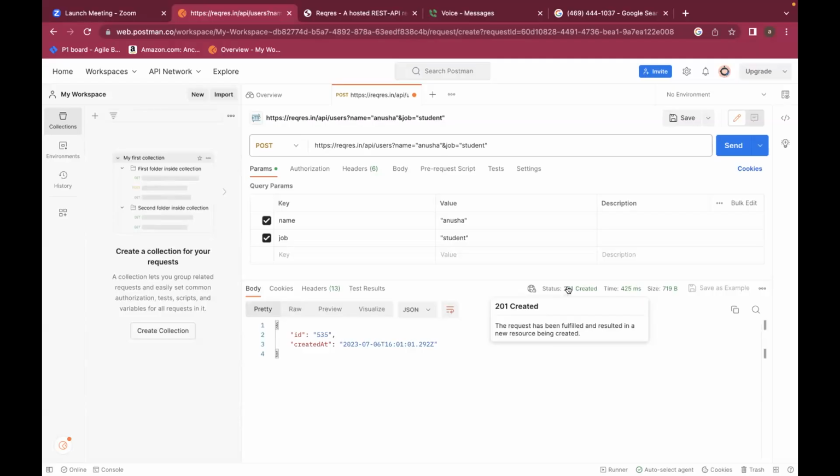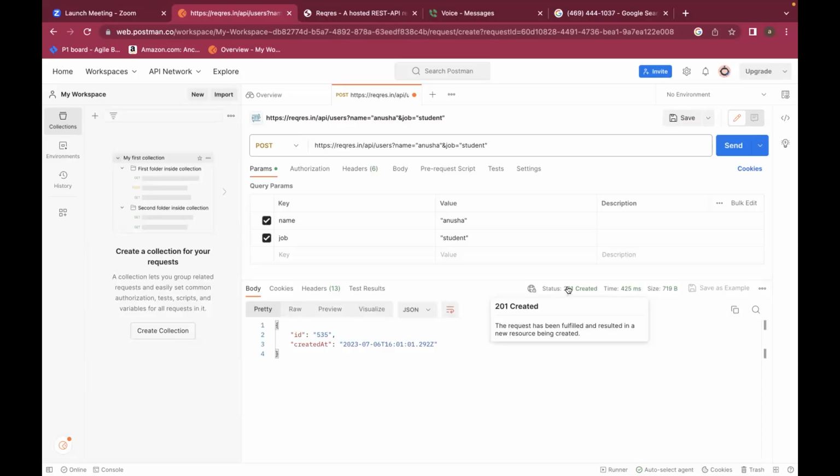If you try to insert a new set of data, you will get 201. So how can we say that this request is successfully handled or not?